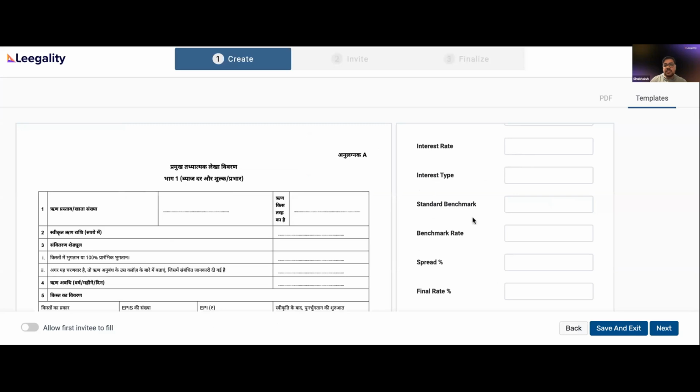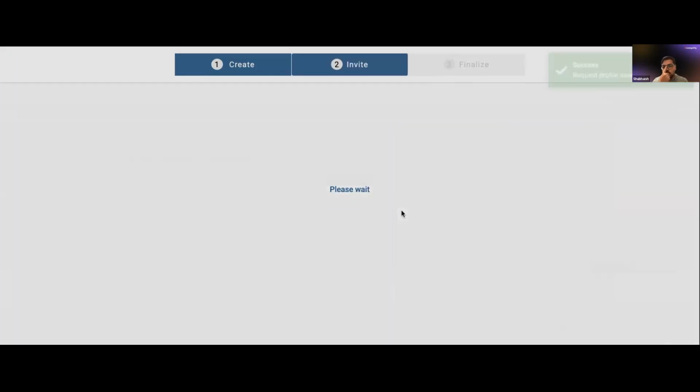That you can see on the screen now. This you can either pass from your LOS LMS itself, or you can just fill the data in the dashboard while you're sending the document. For the sake of this demo, because this is a dashboard flow, we filled it in the dashboard itself, and that's what I meant by a dashboard flow, wherein you're sending the document from the dashboard itself. You don't need any API integrations if you're using our dashboard. So I'll click on next because I don't want to make any changes.